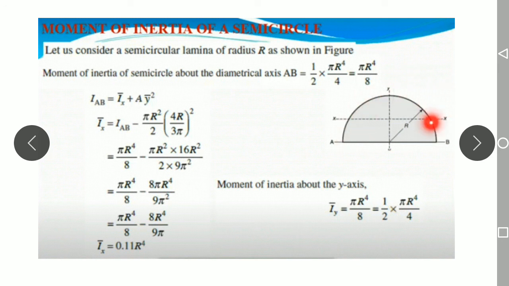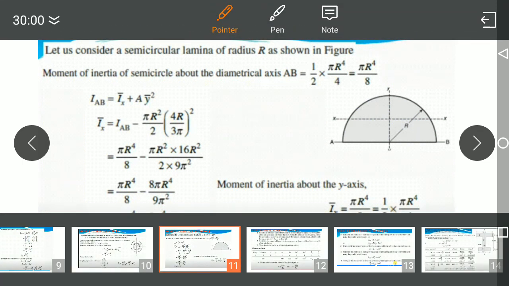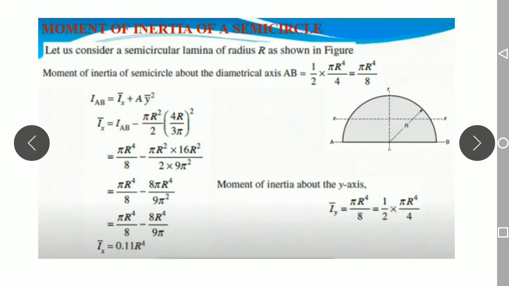The centroid of a semicircle is what? If it is a d and if it is a r, that is x bar is nothing but this distance. Centroid of a semicircle, that is x bar and y bar is there. Y bar, that is 4r divided by 3 pi. So if you got confused, you just go through the formulas of centroid. Y bar is nothing but 4r divided by 3 pi. Just do the simplification. That is moment of inertia of AB, you just substitute, and the remaining things you have to substitute to do the simplification here. So by the simplification you will get Ix bar is equal to 0.11 r raised to 4. So this is what the moment of inertia of this